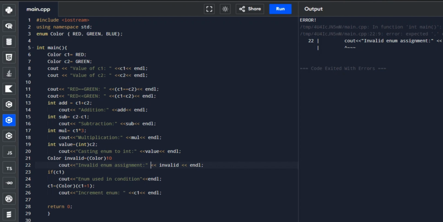Ah, okay. Oh, we forgot to end with a semicolon on this part. I think so. Oh, the most important one.